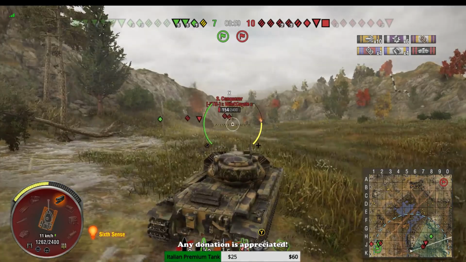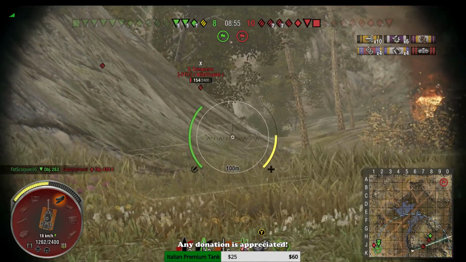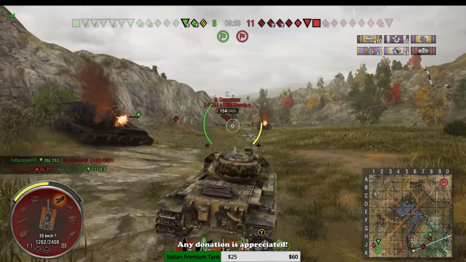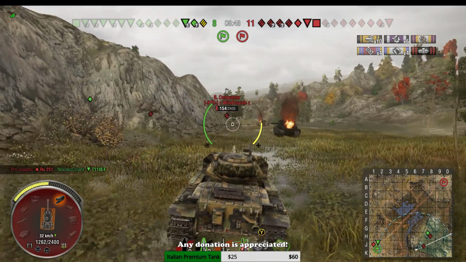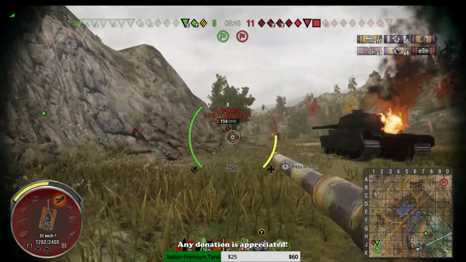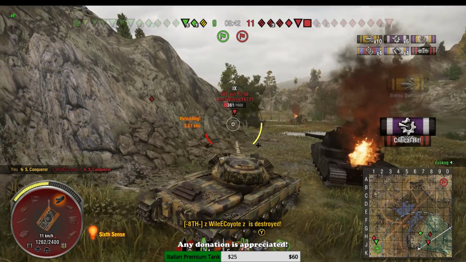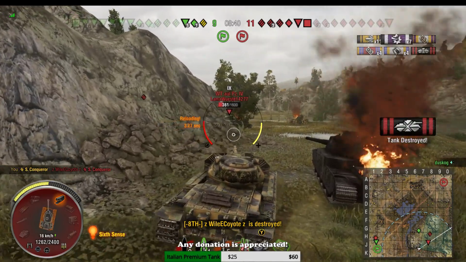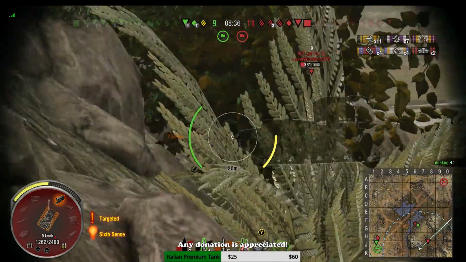Now at this point, I also did not realize that my AP round count was low to start with. I think I only had 10 for this battle. So I didn't even realize I'm on APCR because I was so focused on the game. I'm trying to find a shot on that Super Conq to get the kill shot. It wasn't there, but we hit the front of the side of the turret and get the kill on him